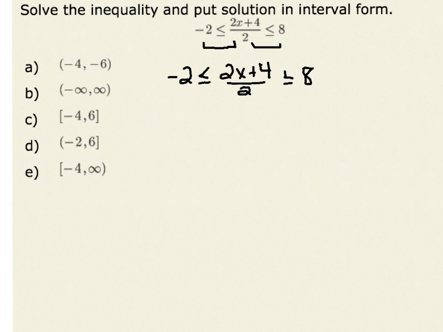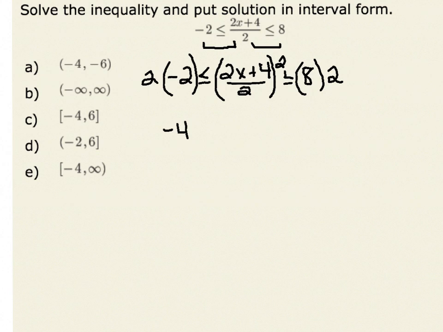Therefore, when I look at (2x plus 4) divided by 2, one thing that I might want to do is multiply by 2. I would have to multiply both sides of the inequality also by 2. Therefore, I would have 2 times a negative 2, which is a negative 4, is less than or equal to (2x plus 4) divided by 2 times 2, and we will see that 2 divided by 2 cancels to make 1, so I'm left with 2x plus 4, and that's going to be less than or equal to 8 times